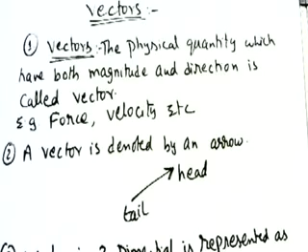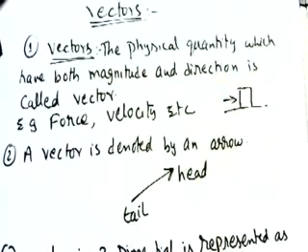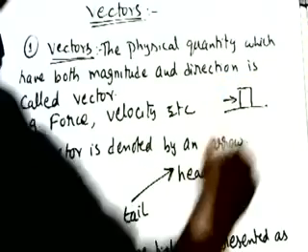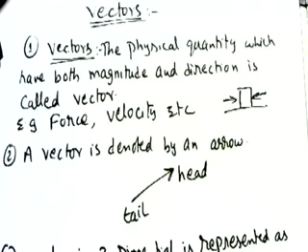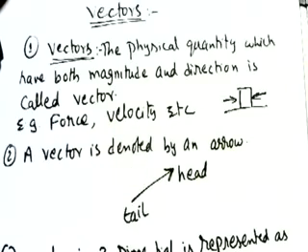In this class, we are going to see a few basics and formulas of vectors. What is a vector? The physical quantities which have both magnitude and direction are called vectors. For example, suppose we say force, then we have to also define its direction, where the force is applying. Suppose some body is there, we have to say force is from north to east, or east to west, or west to east. So some physical quantities require not just magnitude but direction also. Such quantities which need both magnitude and direction are called vectors.